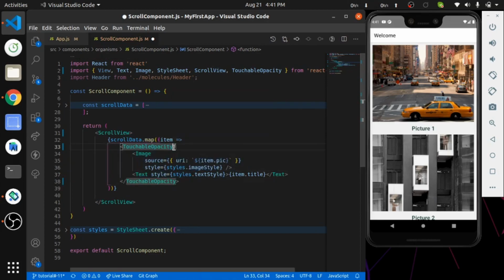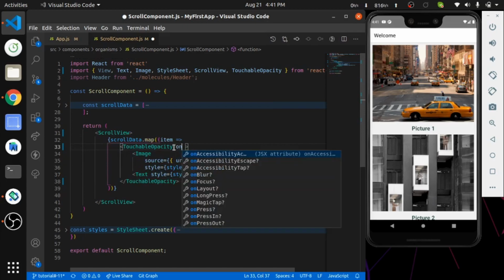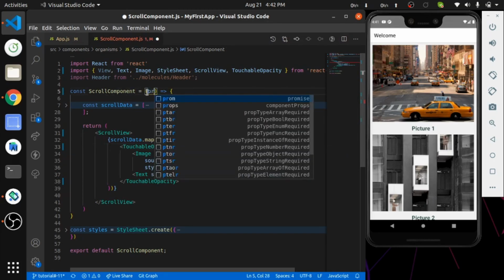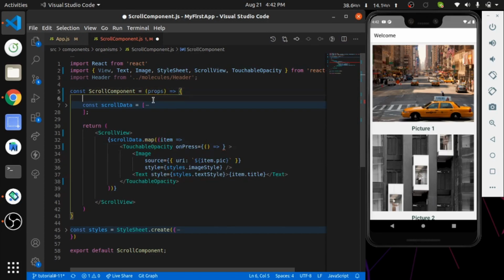So now I am going to add an onPress function, and for navigation I need the navigation prop, because we are using the Scroll component in App.js with the stack navigator, so it automatically takes the navigation prop from there.